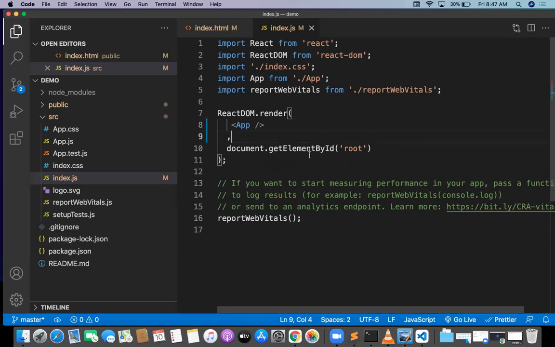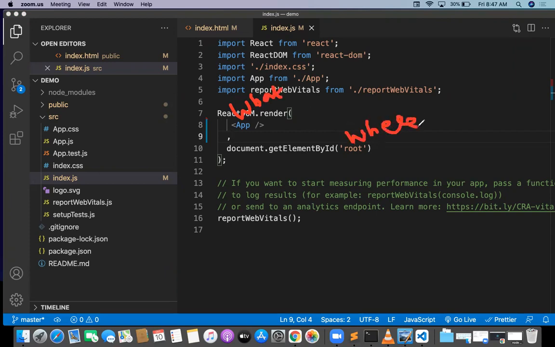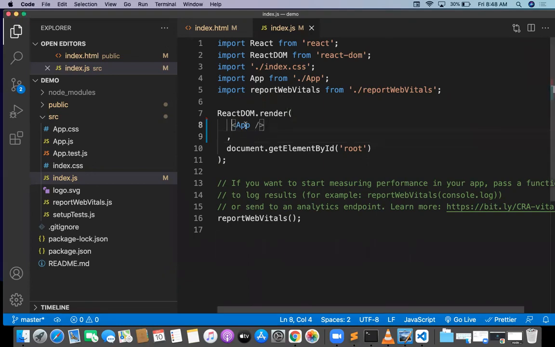I'm telling you two points. One is what I need to render, the other is where I need to render. This is what I need to render. This is where I need to render. What I need to render: I need to render app on top of the root. I need to place app on top of the root. So that's it. But what is app basically? I don't know what app contains. So this is the component